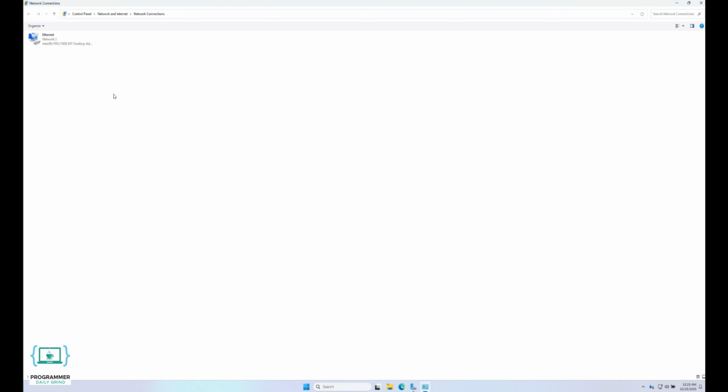Before setting a static IP address, there are three things you need to know about your network. First is the network segment. This tells your computer which group of devices it belongs to. Next is the subnet mask. The subnet mask determines how many devices can exist in your network. Finally, there's the default gateway, usually your router's IP address. The gateway acts as the bridge to the outside world, allowing your computer to communicate with devices on other networks